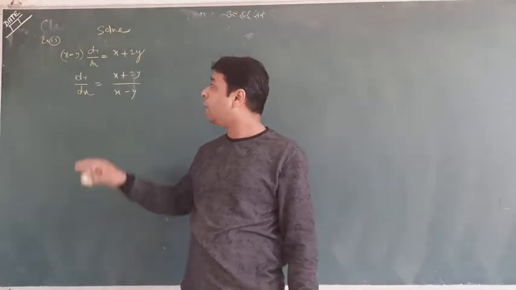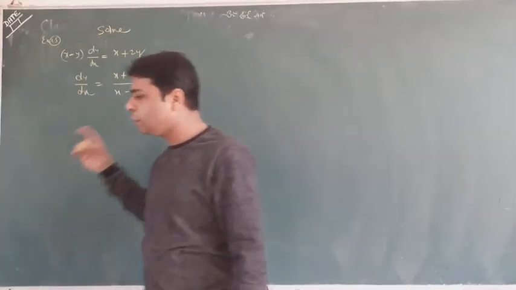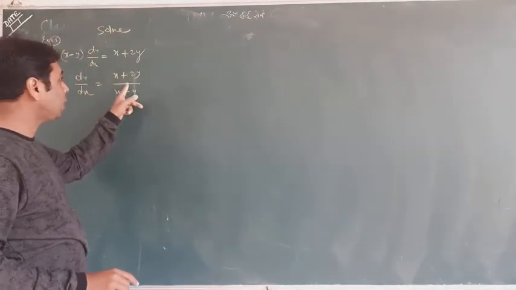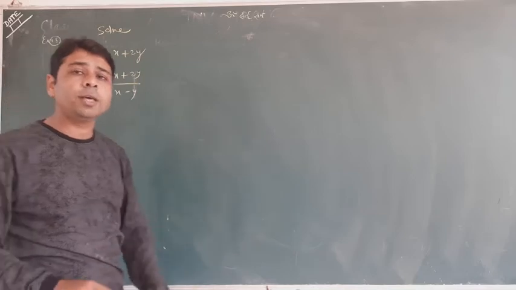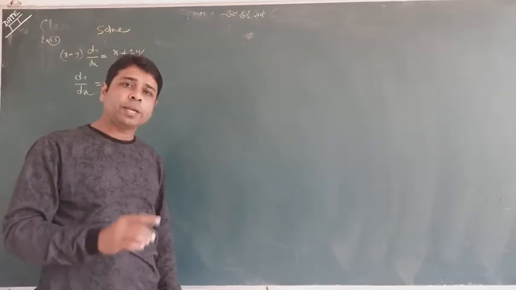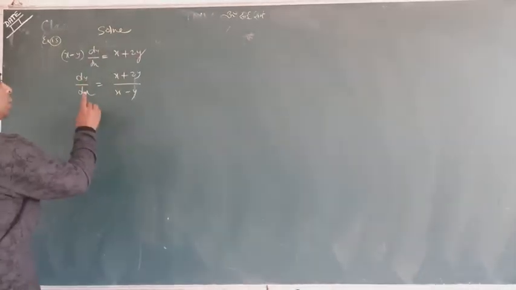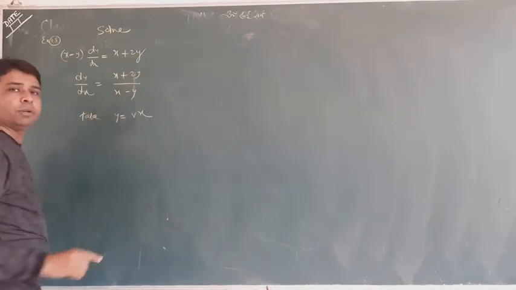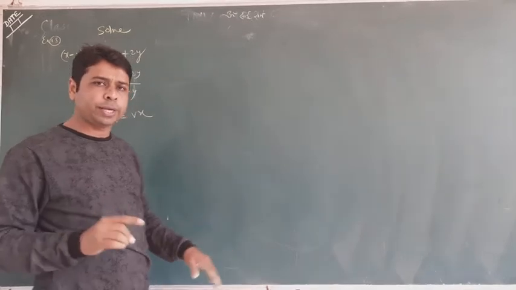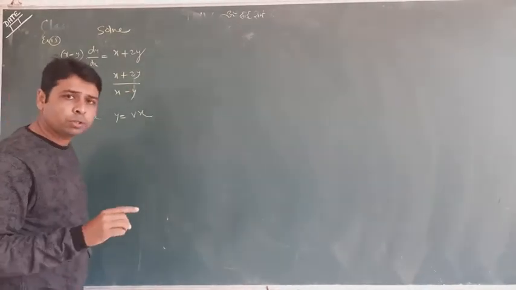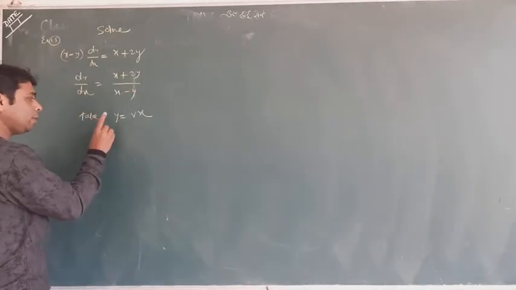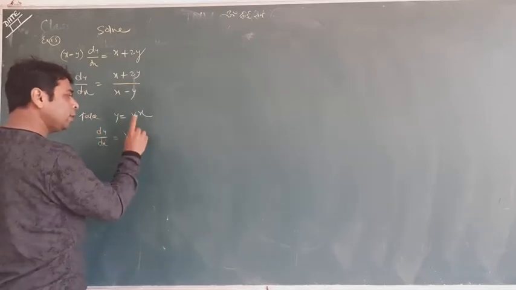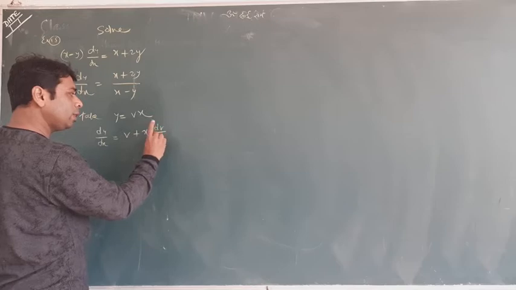Okay, now I have already given you the idea: x to the power 1, y to the power 1, x to the power 1, y to the power 1. It is a first order differential equation, so we can go through the concept. We put y equal to vx, very simple method. Now we differentiate both sides with respect to x. This is going to be dy by dx. First function, differential of x is 1, second function, differential of v is dv by dx.